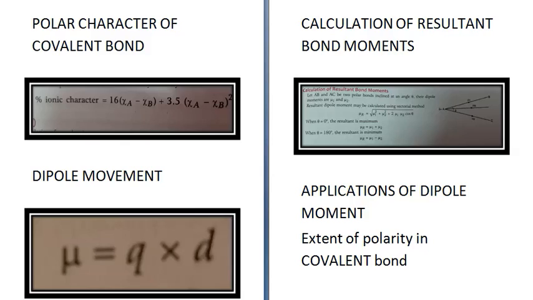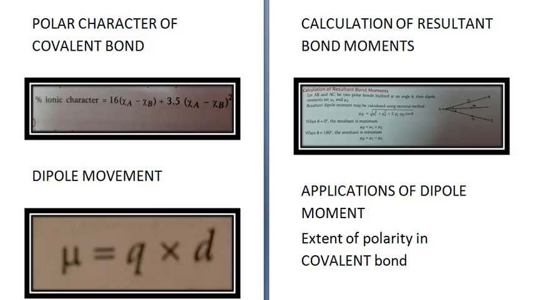The dipole moment of a particular covalent bond in a polyatomic molecule is referred to as bond dipole or bond moment. Bond dipoles can be treated as vectors, and the polarity of a molecule is predicted by taking the vector sum of bond dipoles. Now let us see the calculation of